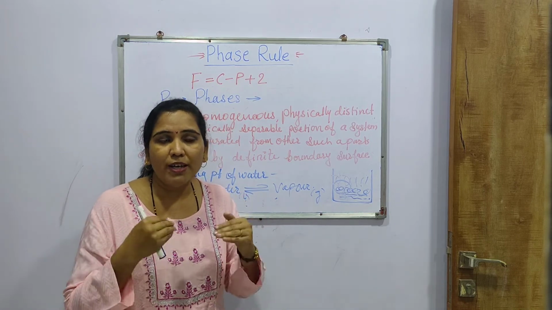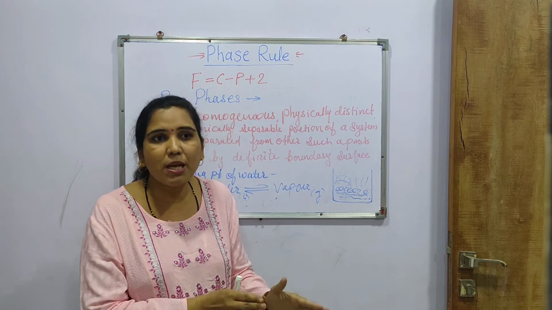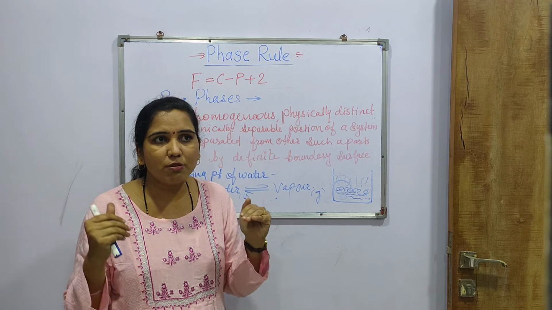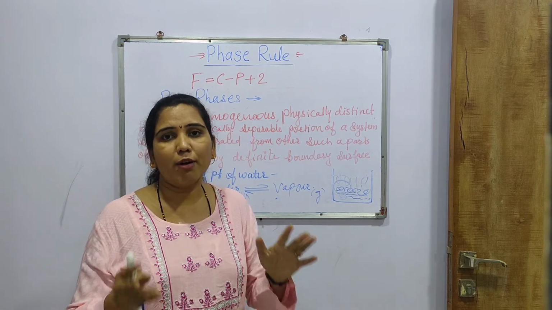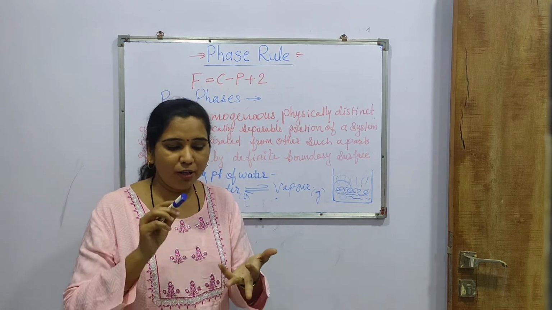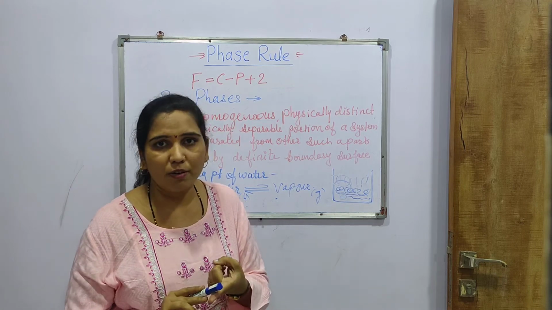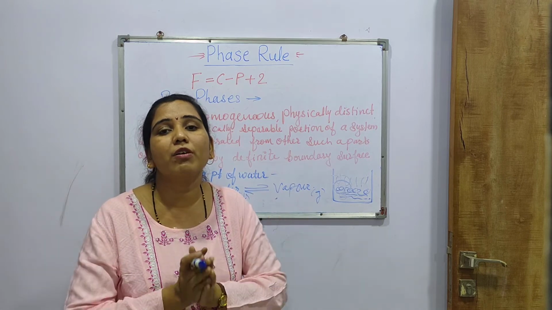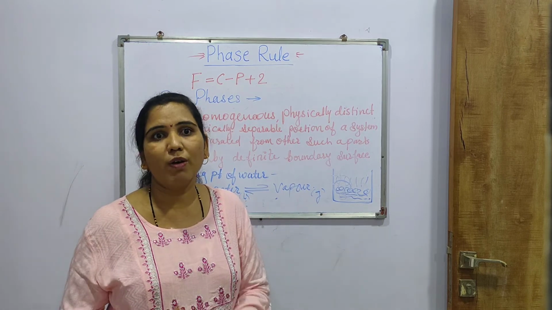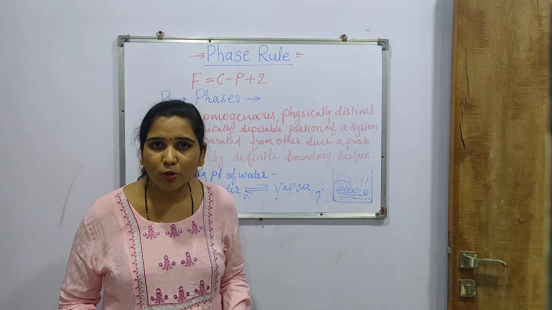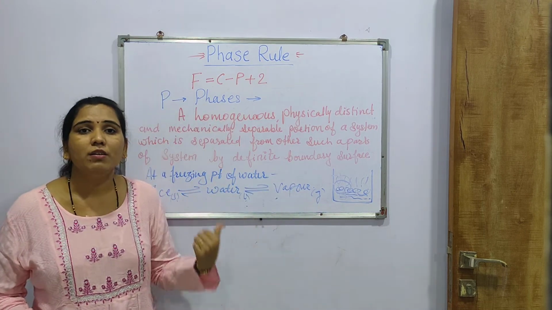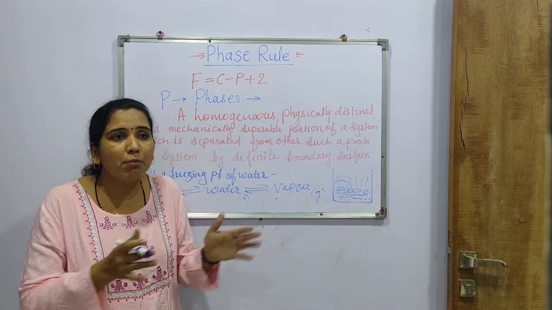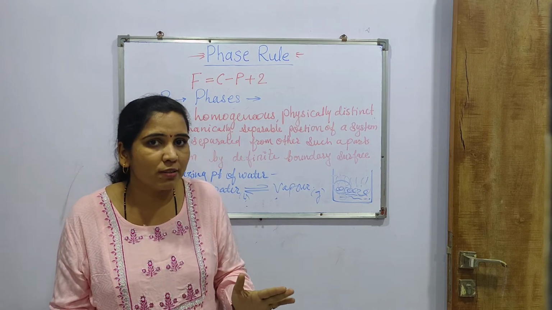What about solids? In the case of solid solutions, except that point, two different solids have different phases. For example, take sulfur. There are four types of sulfur: rhombic sulfur, monoclinic sulfur, liquid sulfur and sulfur vapor. So these sulfur forms have four different phases while they have a single component. Okay, got this point? So whenever a substance is in the solid state, a number of solids means a number of phases.